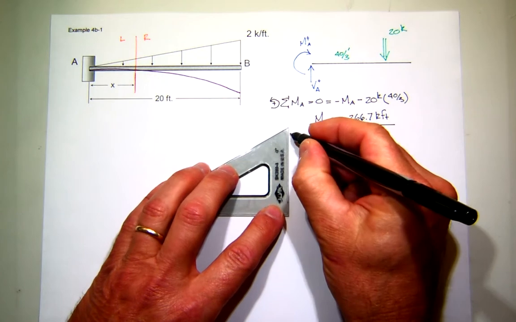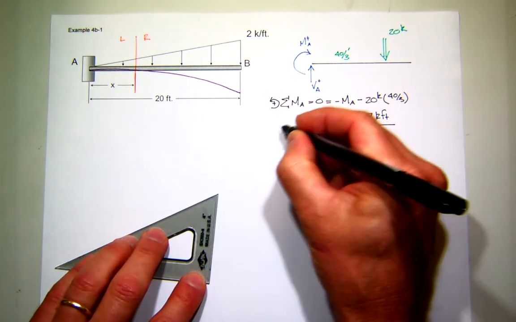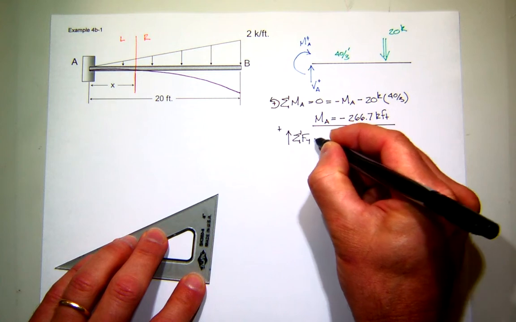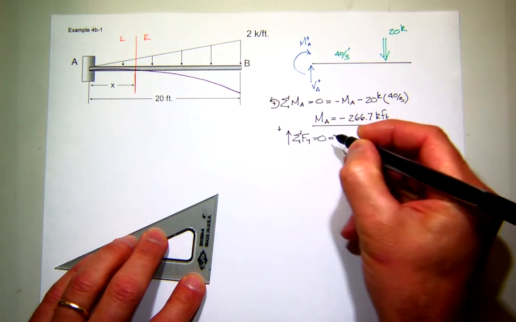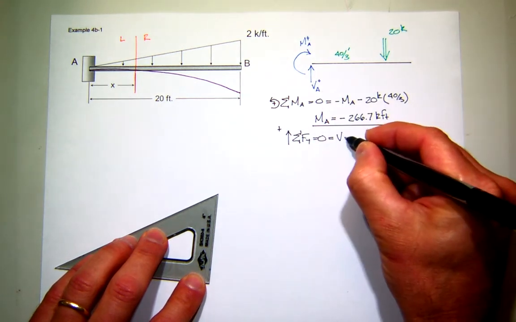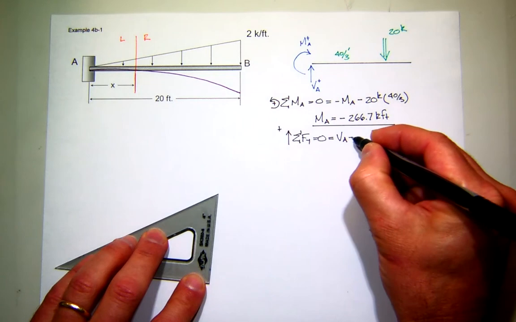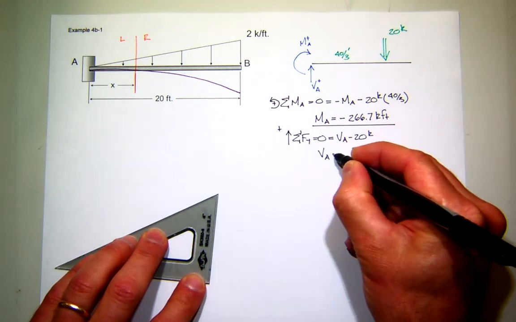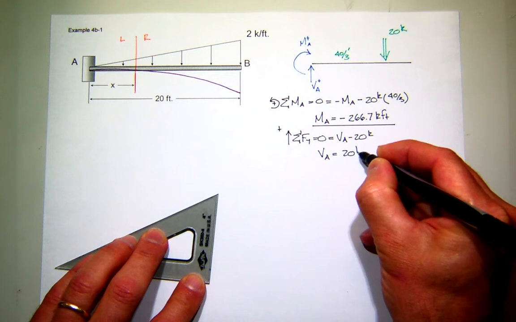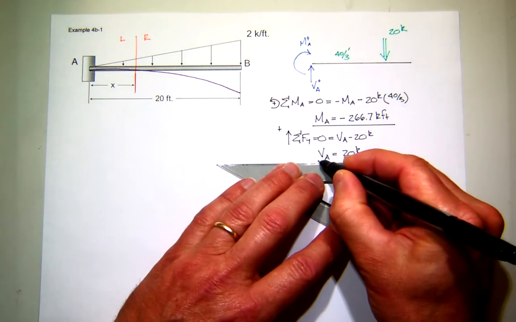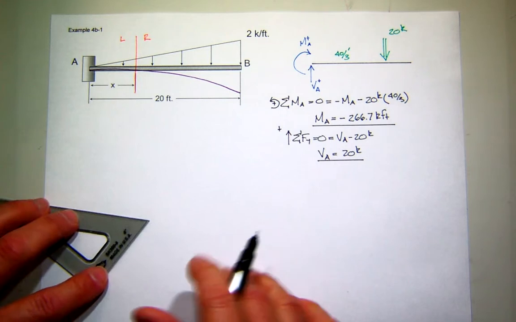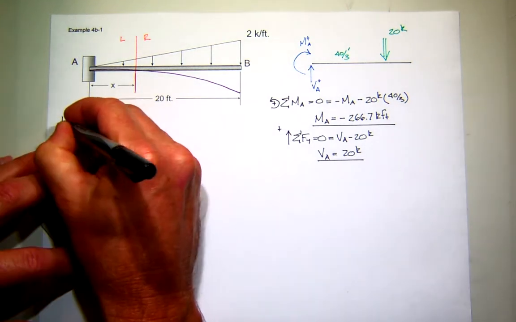Okay, so let's go ahead and finish with the shear force. I'm going to say up is positive, and I'm going to sum forces in the y direction. So that shear force is up, and the 20 kip force is down. So it looks like the shear at A is 20 kips. Okay? So now let's come back